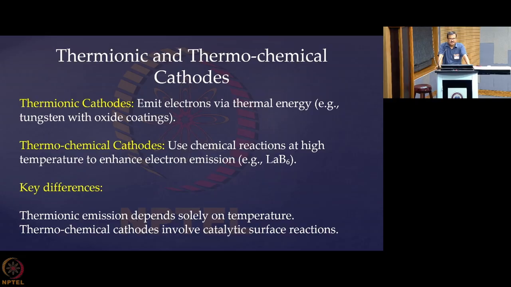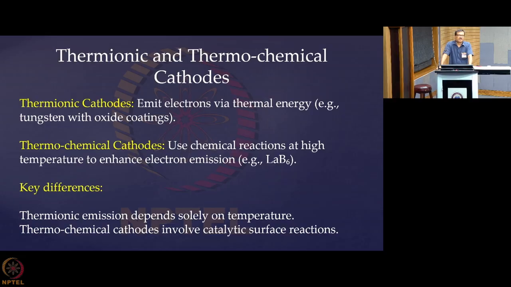Tungsten basically emits when you are using 2% thoriated tungsten. This is the commercially available tungsten cathode which is used in these devices. If you do not thoriate it, I mean if you do not include the oxide, that is 2% thorium oxide impurity inside, then pure tungsten has a work function which is more than 4 electron volt, and when you thoriate it becomes less than 3 electron volt. So that is the benefit you get.